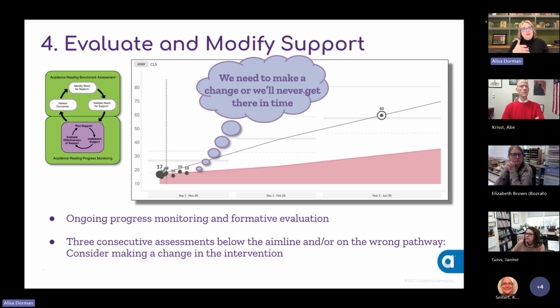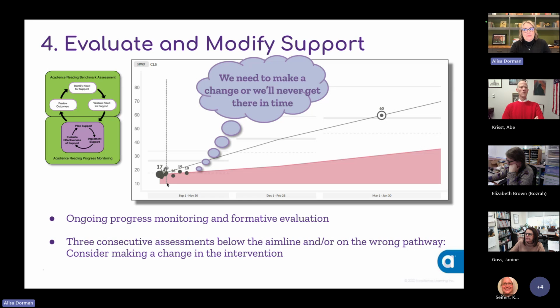And so we monitor him periodically across time, and we can see that after maybe every 2 weeks, so 2 weeks, maybe 4 weeks, maybe 6 weeks, the student isn't making the kind of progress that we would expect. By the way, this could have also been weekly monitoring. I just used 2 weeks as an interval, but it could be every week. Well, now we have some data that tells us that if Ethan continues on this trajectory, he's below the aim line, which means he would never achieve the goal that we've set for him.